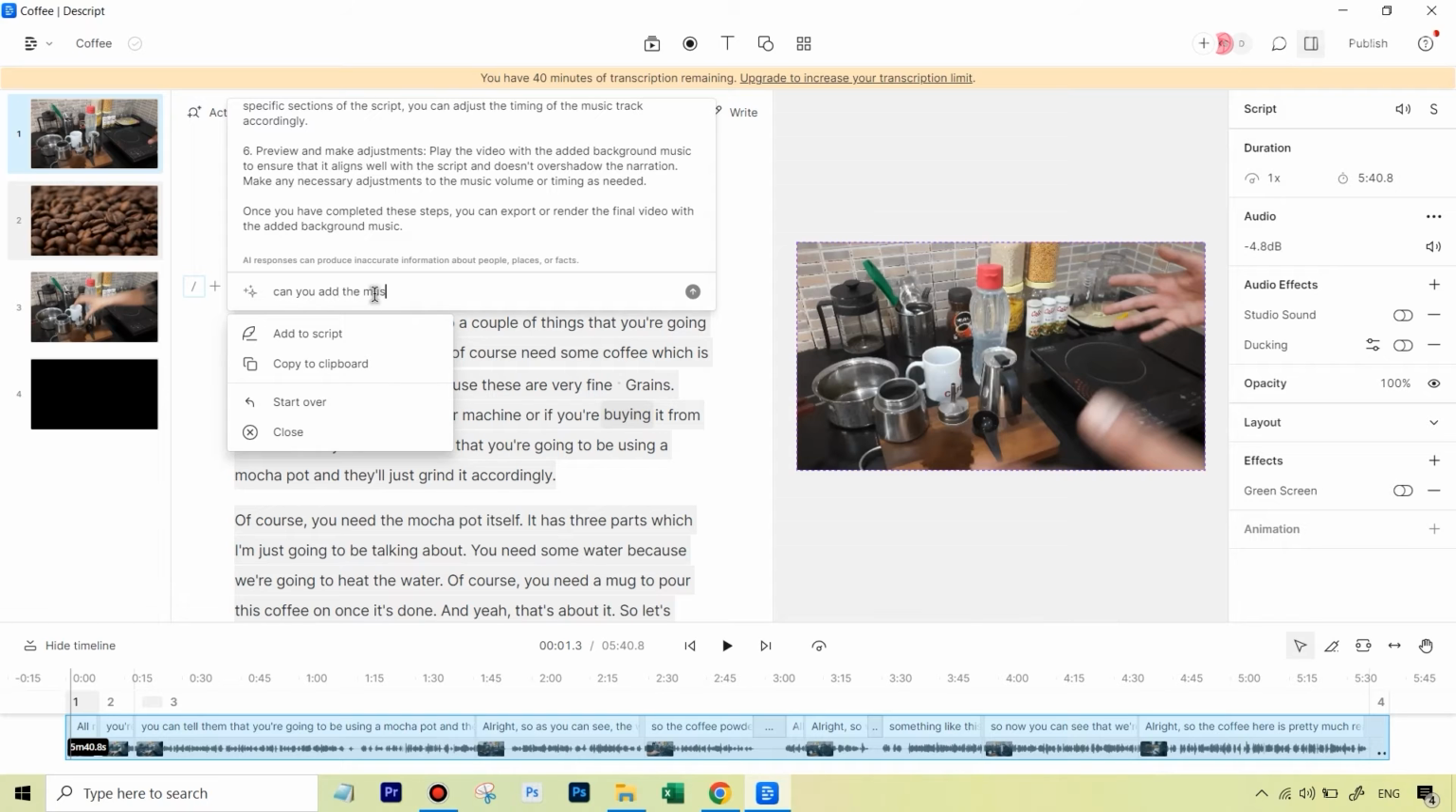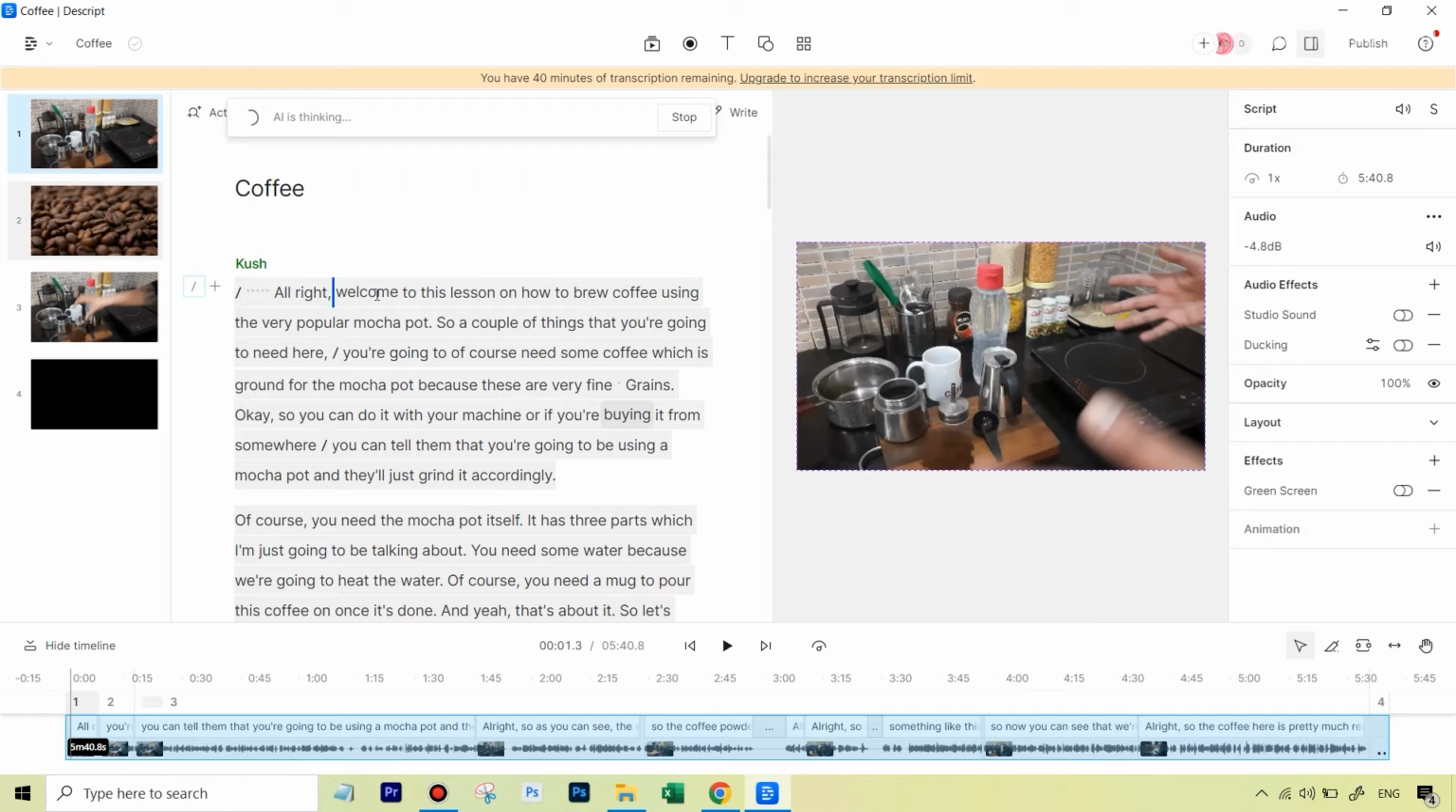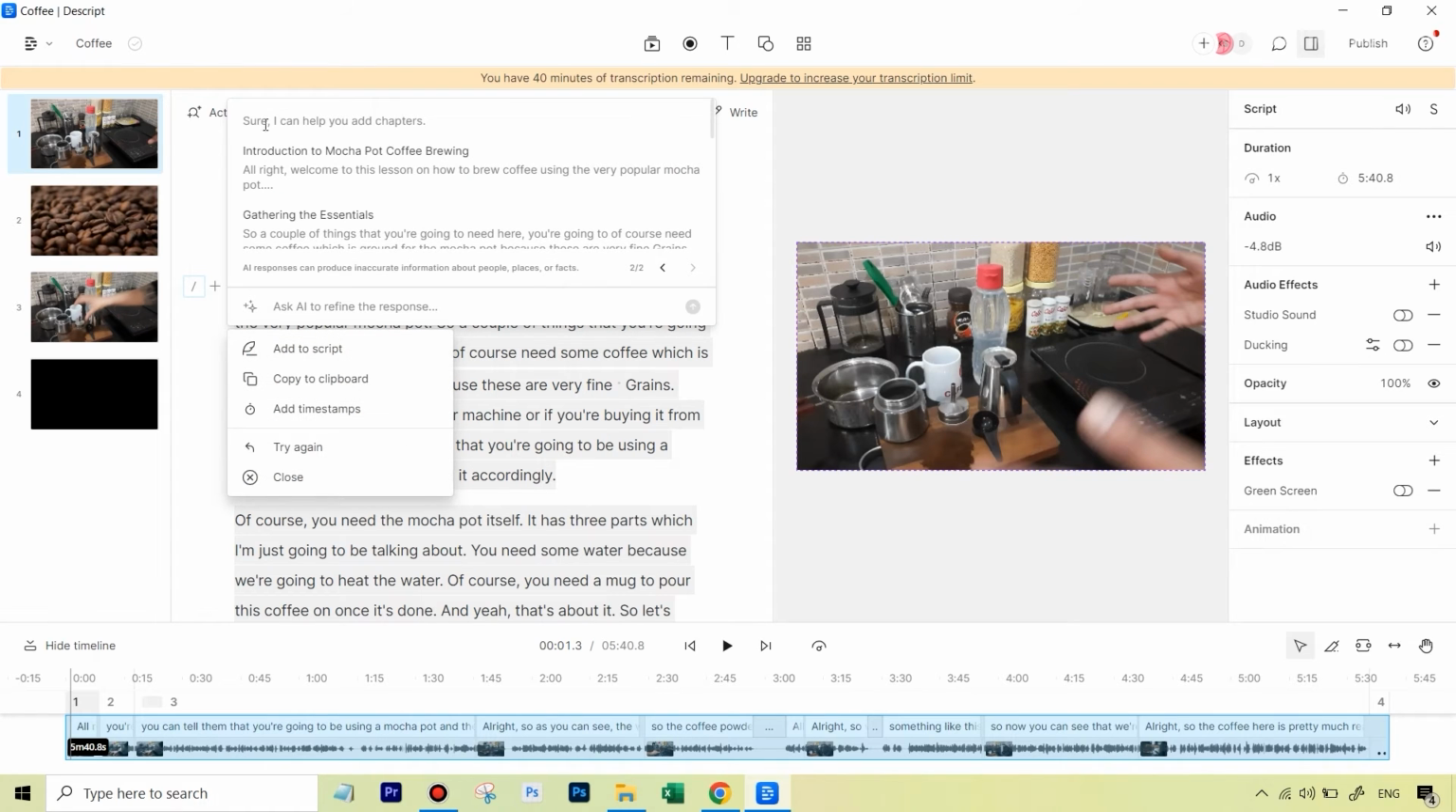Can you add the music for me? You can literally talk to this AI, okay? So that time it was just giving us the steps, but you can actually do it. The only thing that time was it went to the final step. So you can see like